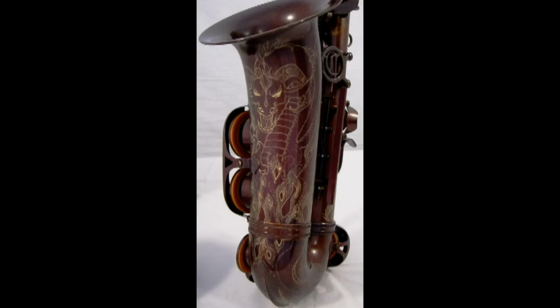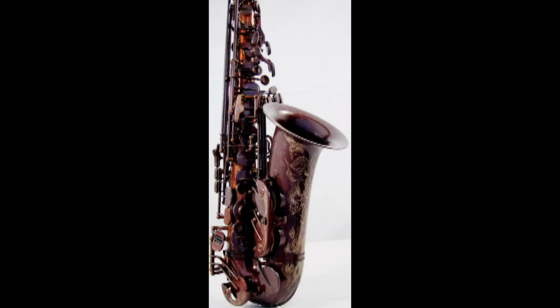The second horn I'll be talking about right now is what they like to call the Purple Dragon. Now, the Purple Dragon is, if you haven't already assumed, the engraving is a dragon. The style of the horn is dark purple. It's a very dense, dark purple with a copper-like body on the fingers of the horn. And when I say the fingers of the horn, pretty much the body, the cylinder part of the horn, not the bell. Around the cylinder, you have this copper lacquer, and then around the bell you have the dragon engraving, and the dragon engraving is very